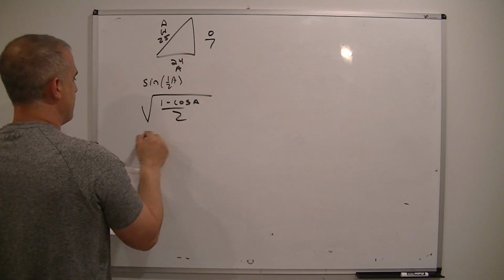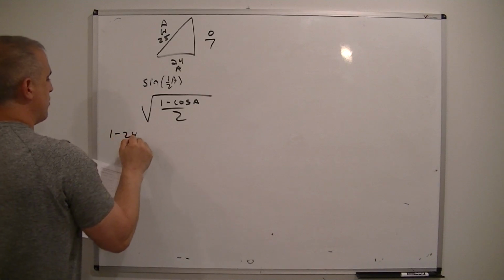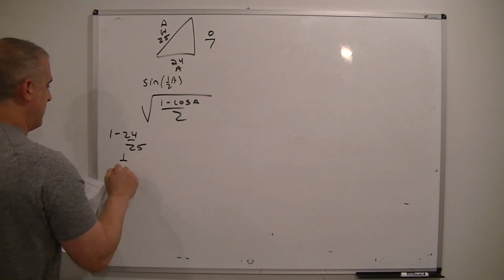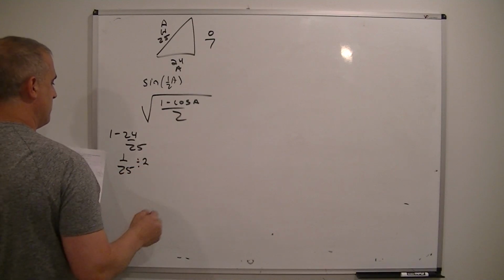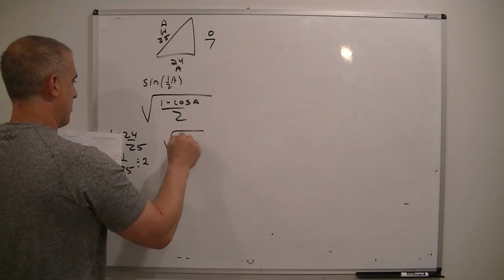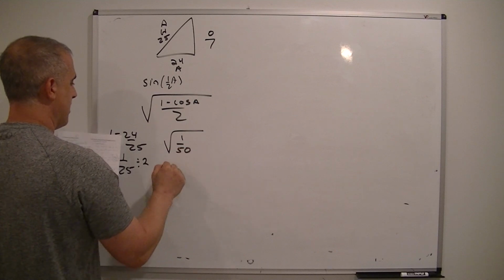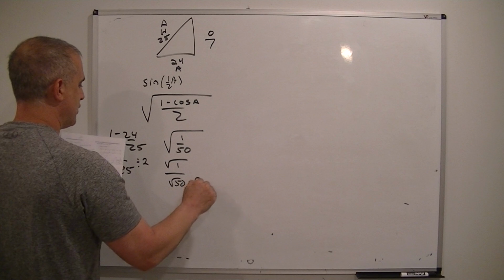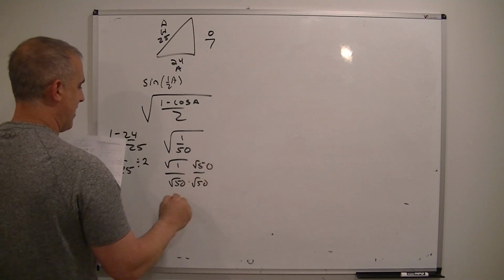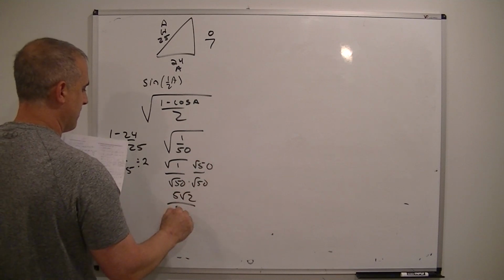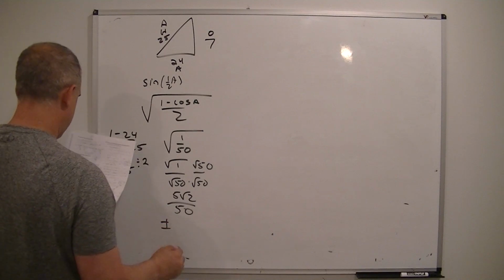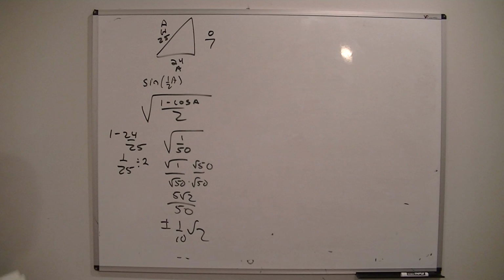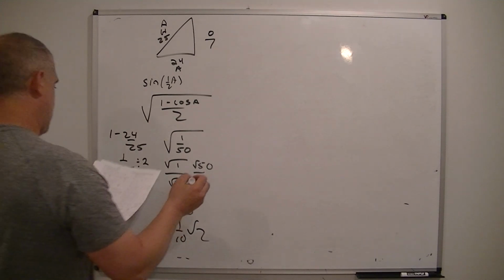All right, so it'd be 1 minus 24 over 25. Which would be 1 over 25. And if you divided that by 2, that would be basically square root of 1 over square root of 50. If you separate that out and rationalize and reduce, that will eventually be 5 square root of 2. This would be 50. Okay, so that would be plus and minus 1/10 square root of 2. Okay, all right. And for